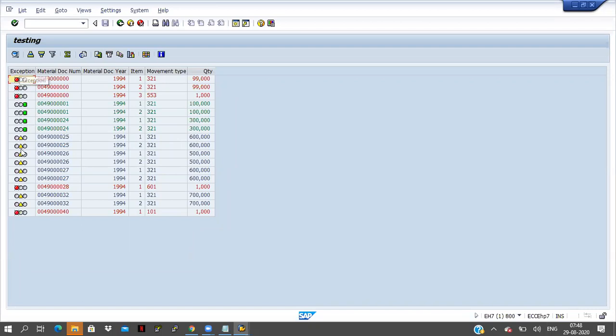By seeing this, the user can understand. This is not a correct situation, but I am telling how we can display the lights here, the traffic lights. In the correct scenario, how will it come? Say there is a price. If the price is less than some amount, then I want to display red color. If the amount is in between some range, then I want to display yellow color. If the amount is greater than 1 lakh, then I want to display it in green color.